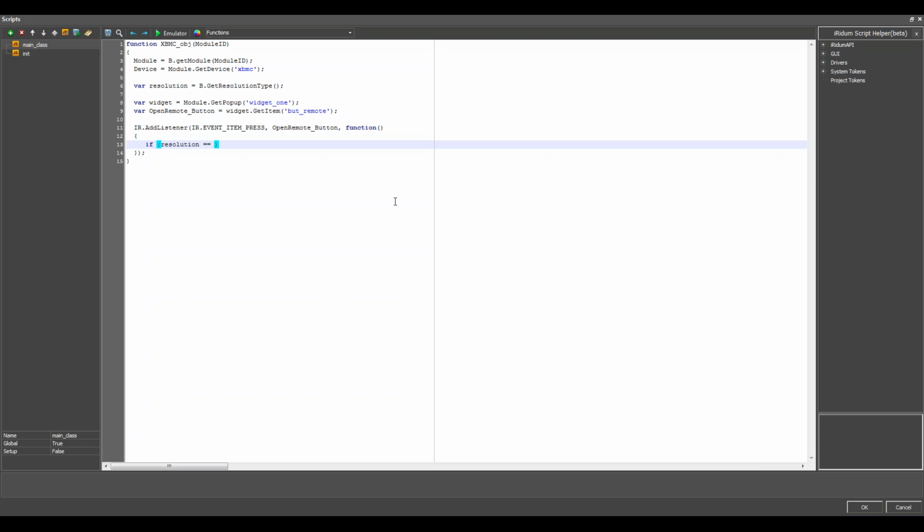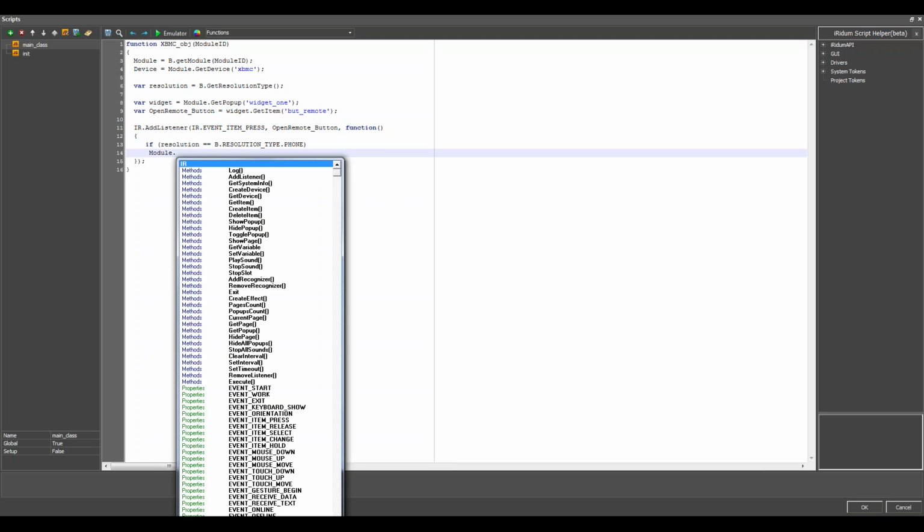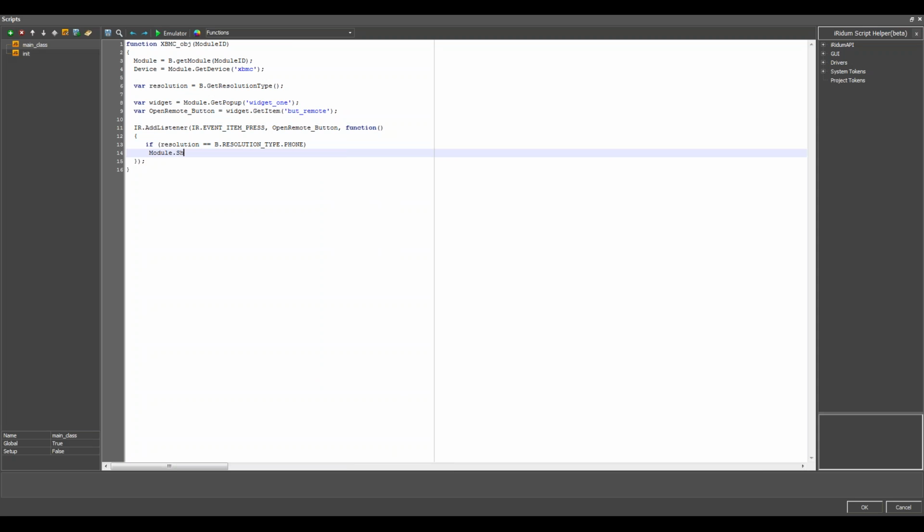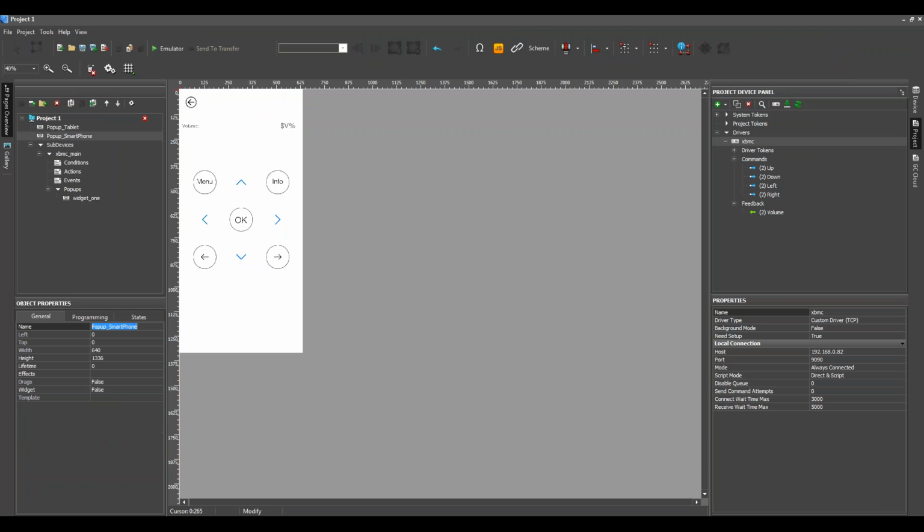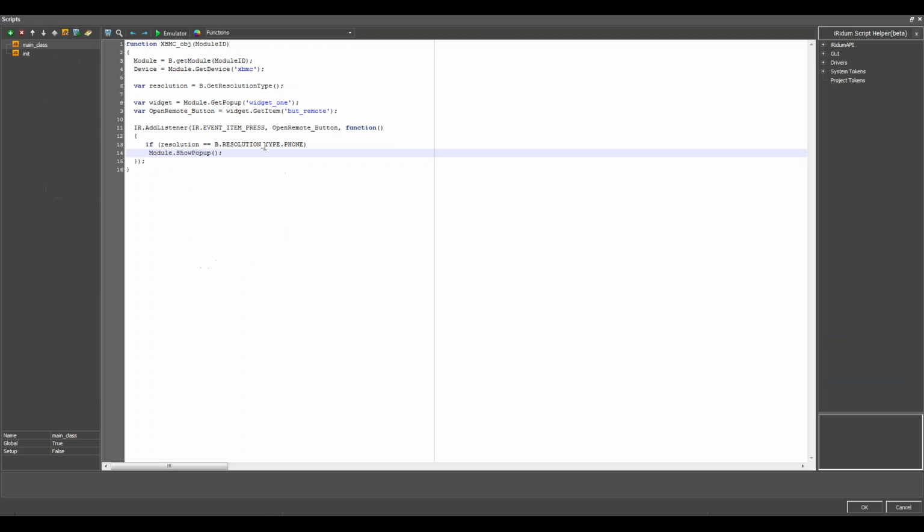If resolution is b dot resolution type dot phone, then my module should show pop-up with the name pop-up smartphone.